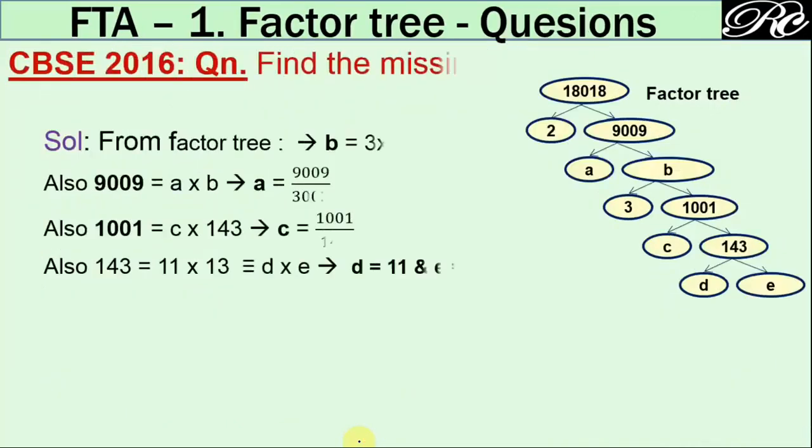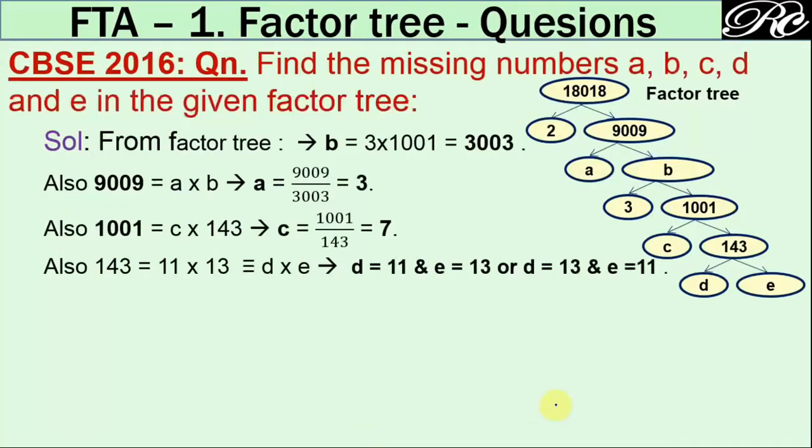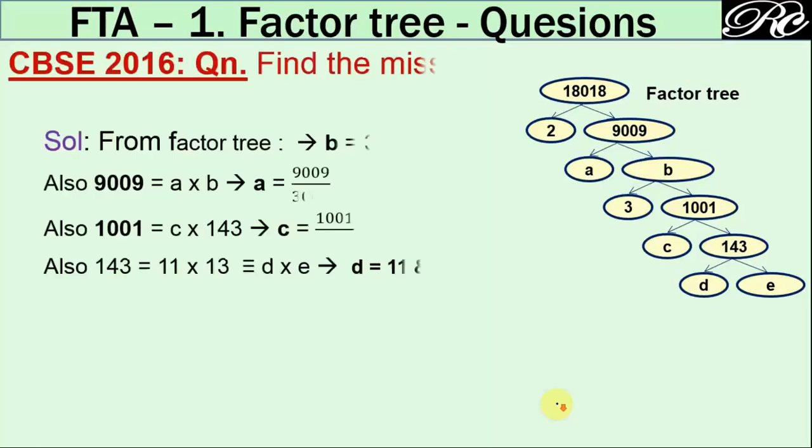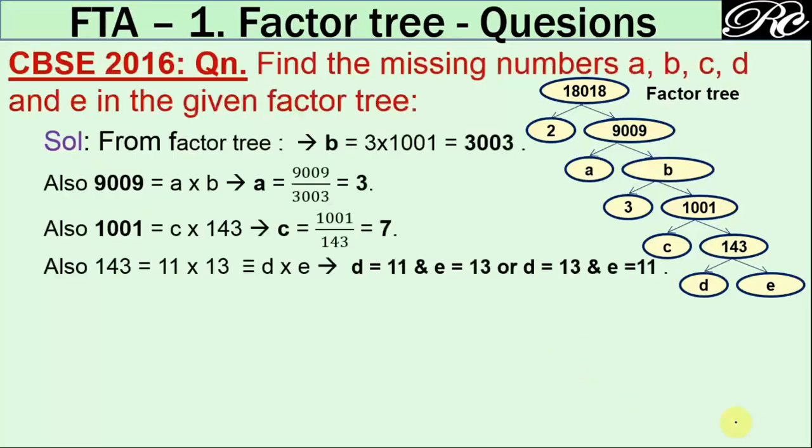So let us take the bigger tree. So a factor tree is given to you and you have to calculate the missing numbers A, B, C, D and E. So here you shall apply it segment wise, means just a part of this factor tree to calculate A, B, C, D. Now you shall take that segment which just contains one unknown. So like we consider for this